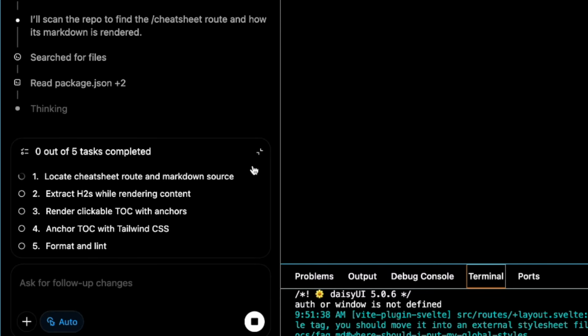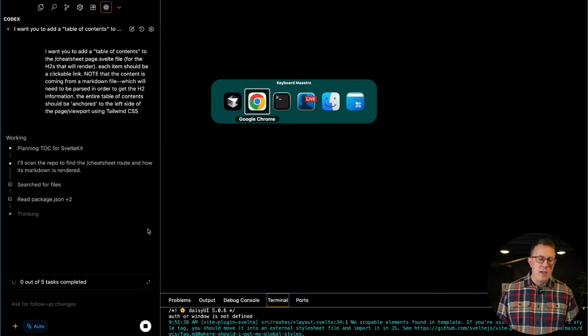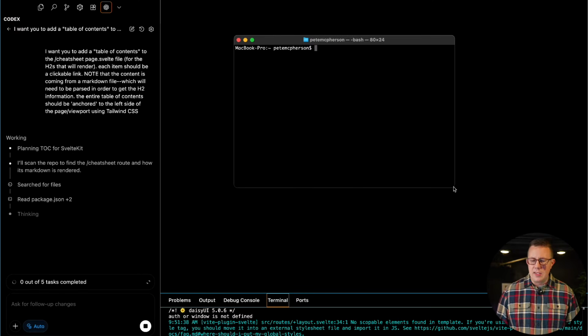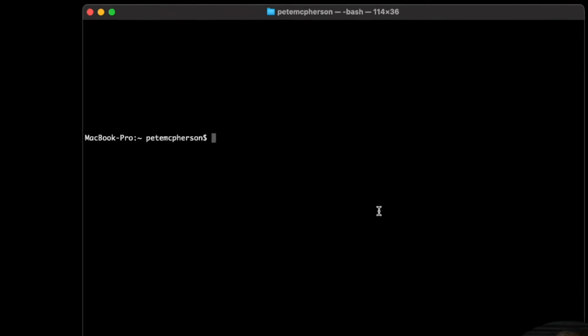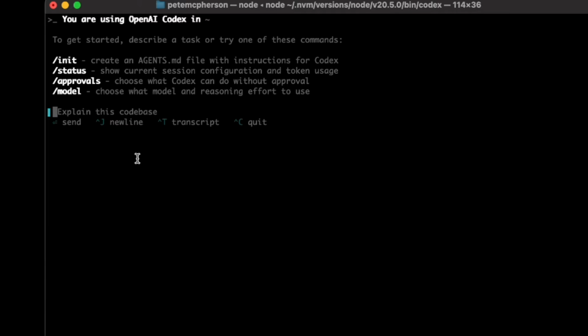Now, in order to stop the AI, click the stop button, or if you're in the terminal, it's a little different. You can just hit escape, I believe. I could be wrong about that. So let's look at some of the things available in the terminal right here. While we're waiting, you just type in Codex, it's good to go. There we go. Now I'm actually not in a project, so I'm not actually gonna run any of these commands,